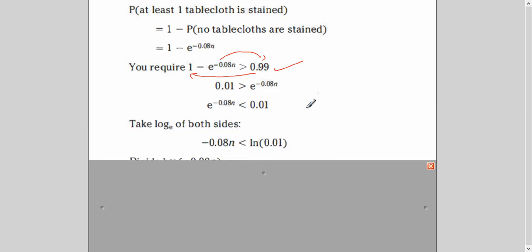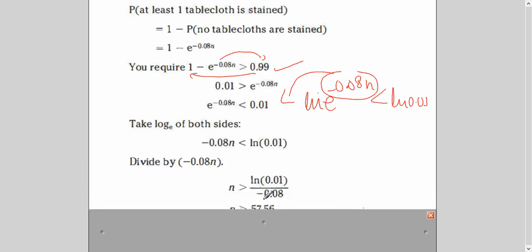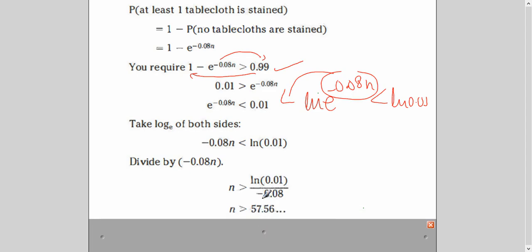So when you're taking ln on both sides, in case one is confused here, let me explain it. You have taken ln on both sides and then you have applied the power law. So this comes here and ln e is 1. That's why ln e is not written here and the rest of the term is here. In inequality, whenever we are dividing by a negative number, the sign of inequality changes, right? So you get this term here. But one may think, when there is a negative, why is there no negative here? Because this answer is also negative.